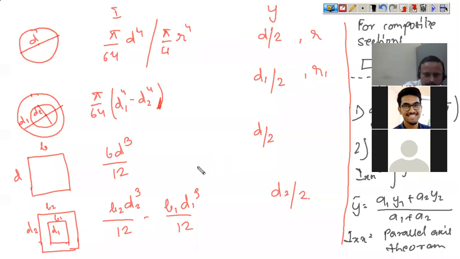Sir, on the side, for composite sections. In a composite section, suppose you have calculated the location of the centroidal axis. This location of the centroidal axis will be with respect to some reference. So you now have two distances. The extreme fiber above lies here, and the extreme fiber below lies here. So now you have two distances. When you have two distances, and suppose you are asked to find out the maximum bending stresses, then you have to choose the maximum of D1 and D2, whichever is more.